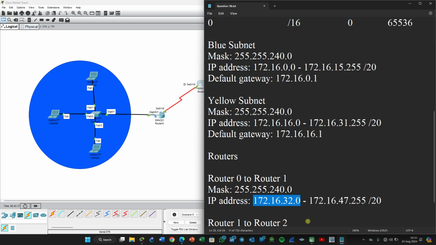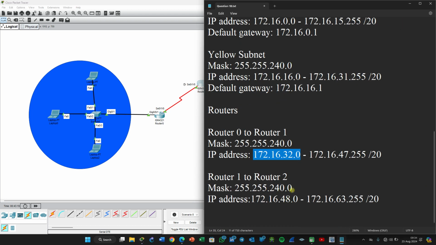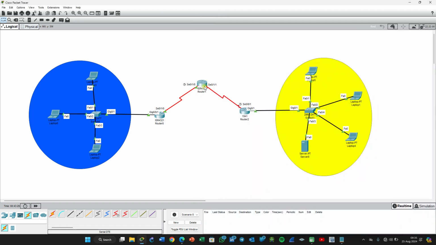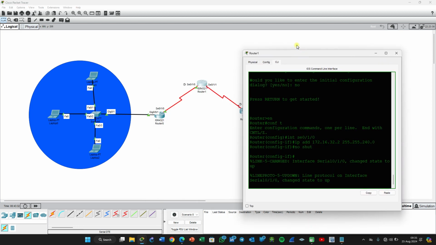Okay, then now I'll be assigning serial 0/1/1, which is connecting to router 2. So I'll change the mask here. Oh, the IP address, the network address for this one, for router 1 to 2, the network address is this one. So I'll copy this one and I'll just keep on changing. I'll carry it to the previous one. Okay,